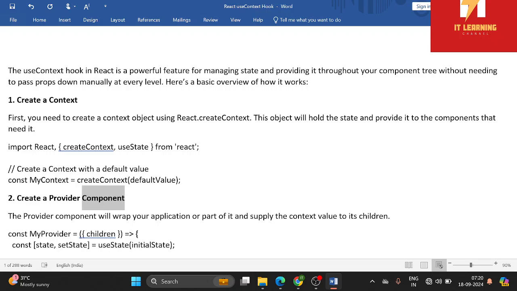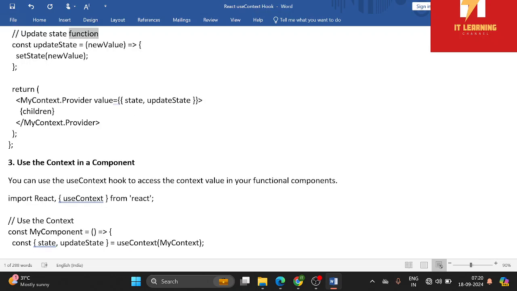2. Create a provider component. The provider component will wrap your application or part of it and supply the context value to its children. const MyProvider = ({ children }) => { const [state, setState] = useState(initialState); // Update state function. const updateState = (newValue) => { setState(newValue); }; return <MyContext.Provider value={{ state, updateState }}> {children} </MyContext.Provider>;